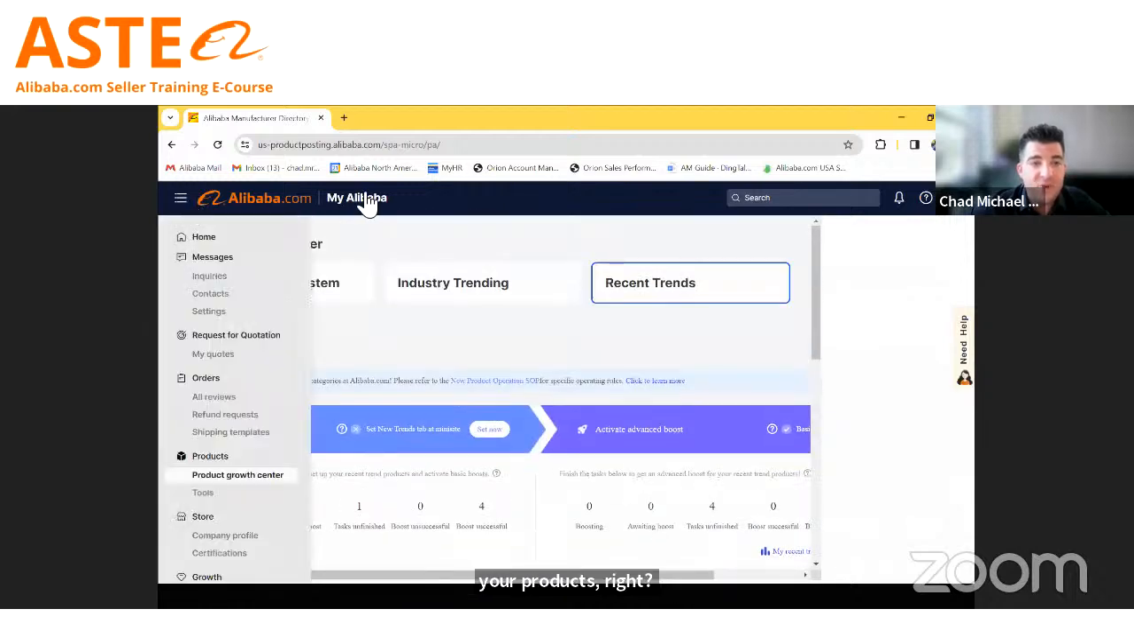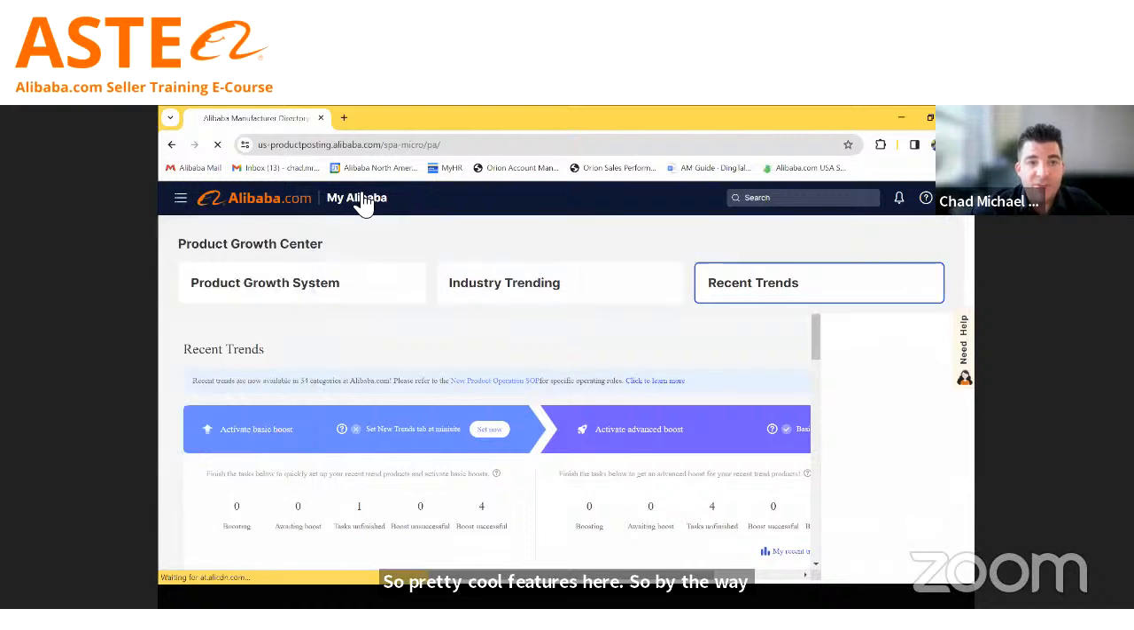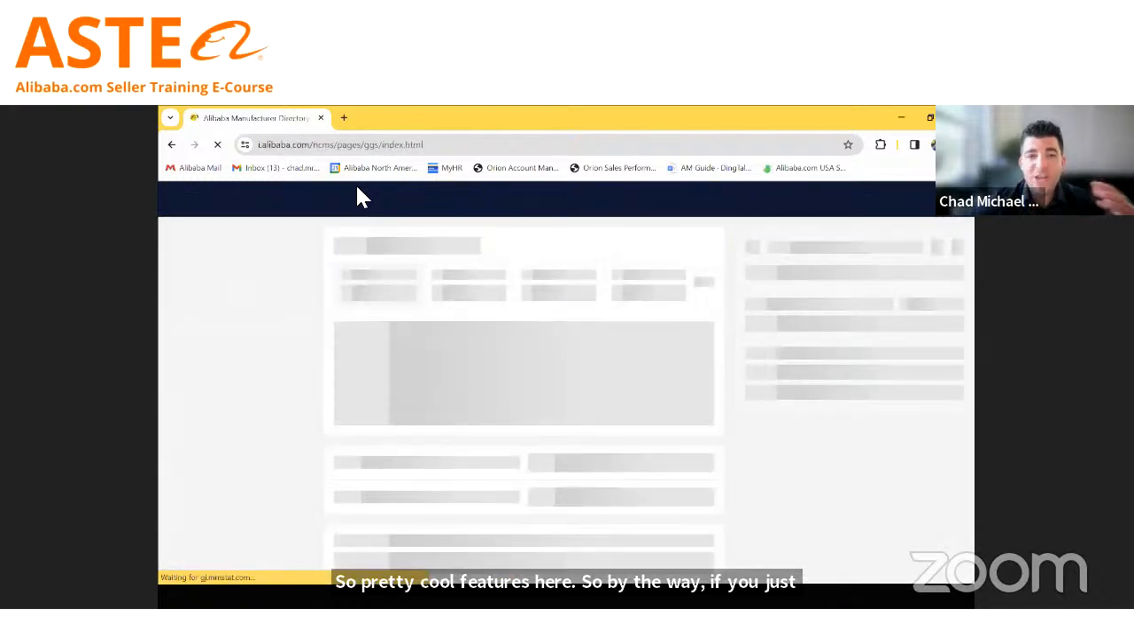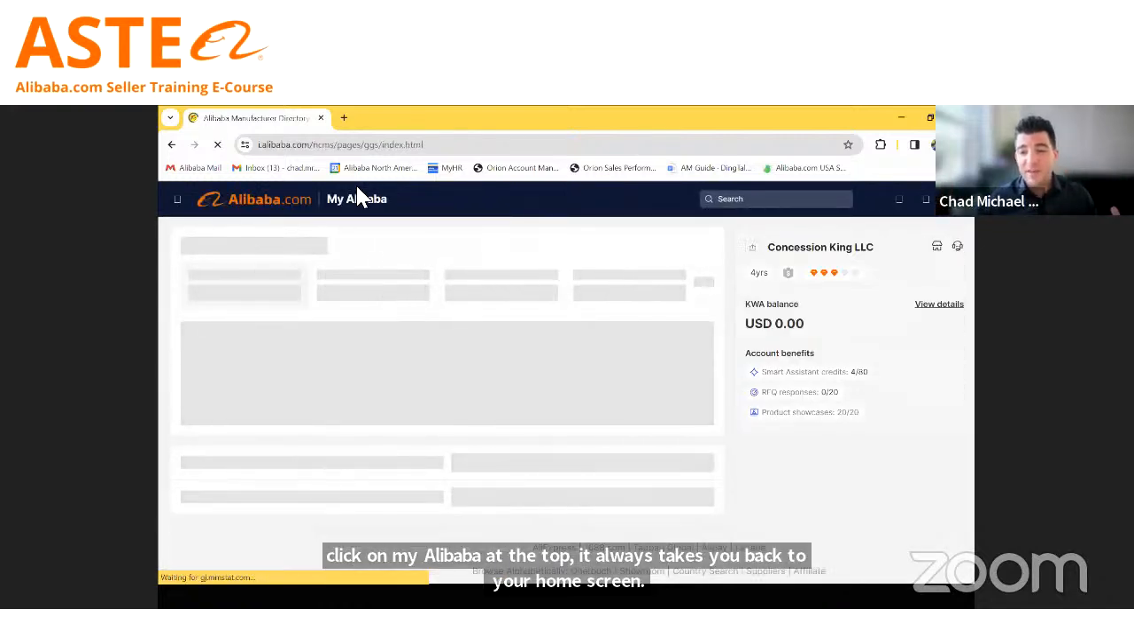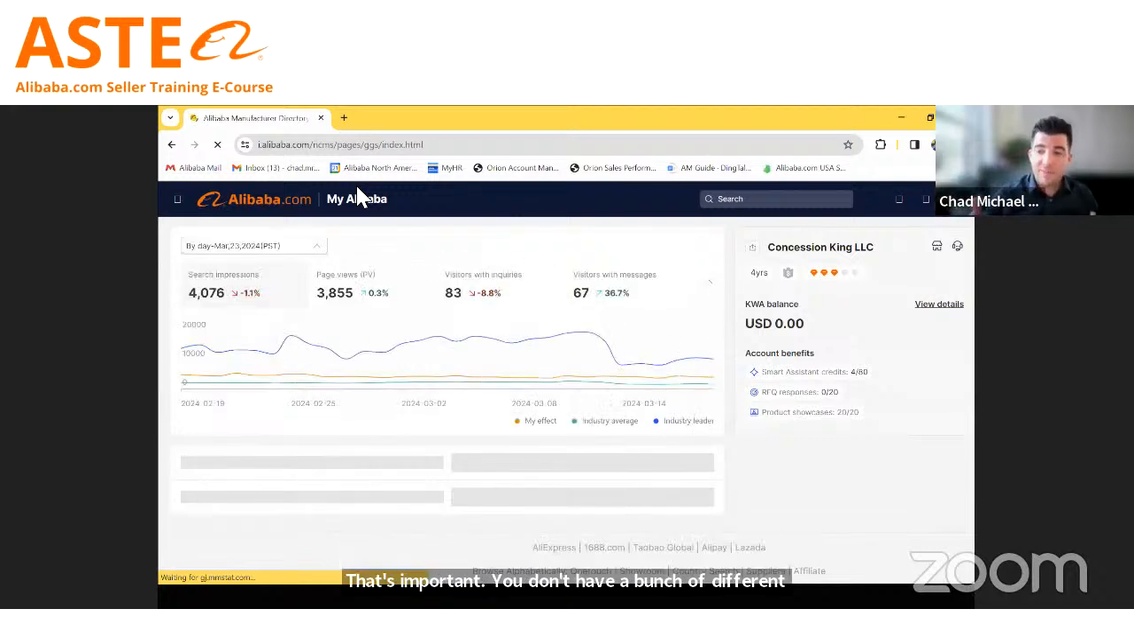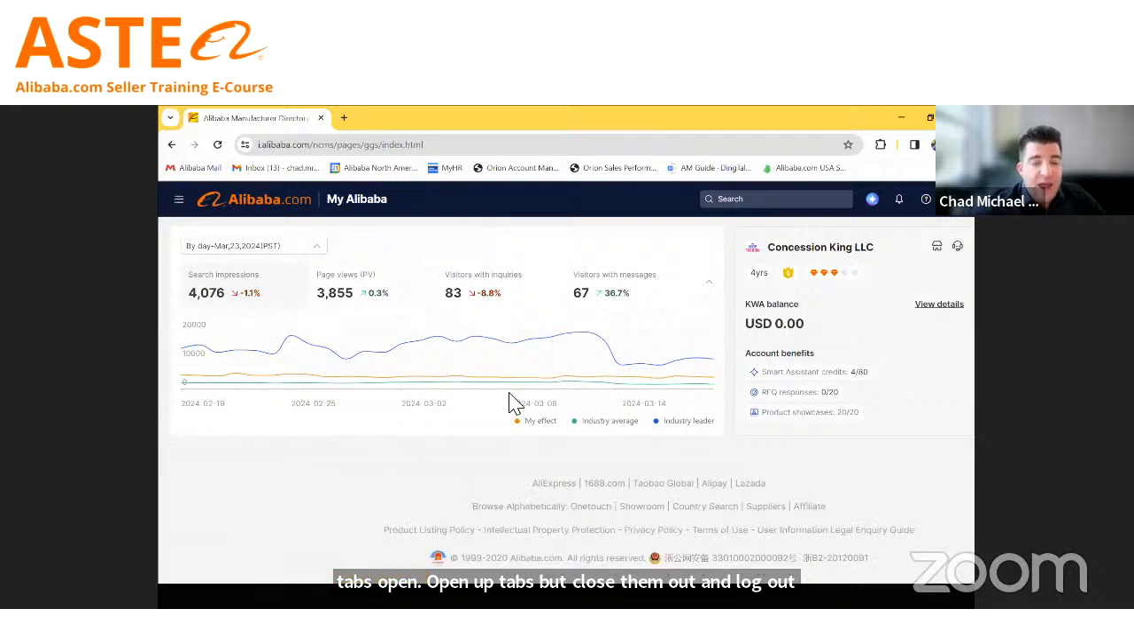By the way, if you just click on My Alibaba at the top, it always takes you back to your home screen. That's important. You don't want to have a bunch of different tabs open. You can open up tabs, but close them out and log out if you're logging in every day. Log out when you're finished. That way, everything refreshes and you're seeing the most recent page, or clear your history if you feel like you're not seeing that. But this is the new